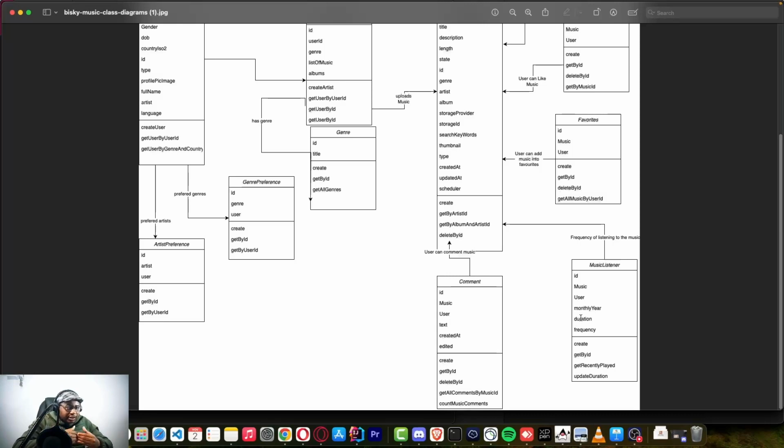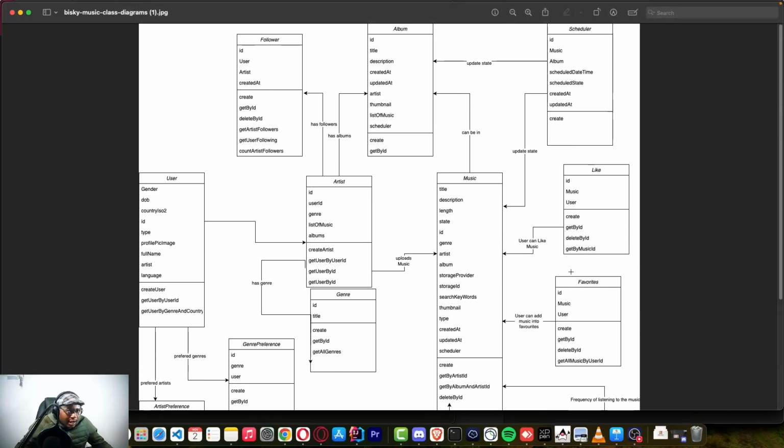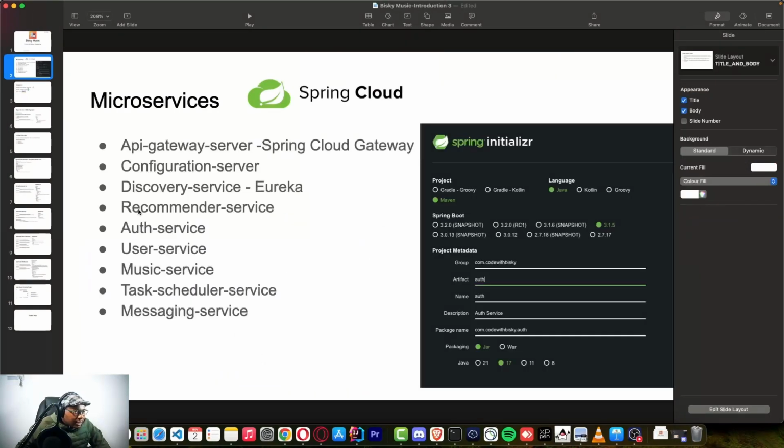Even if it's a video, because you are also going to save music as video or as audio. So this is going to be our architecture. And now I think it's time to get started by creating our microservices. In this, we are going to use this PowerPoint as our guideline. These are the microservices that we are going to develop, and we are